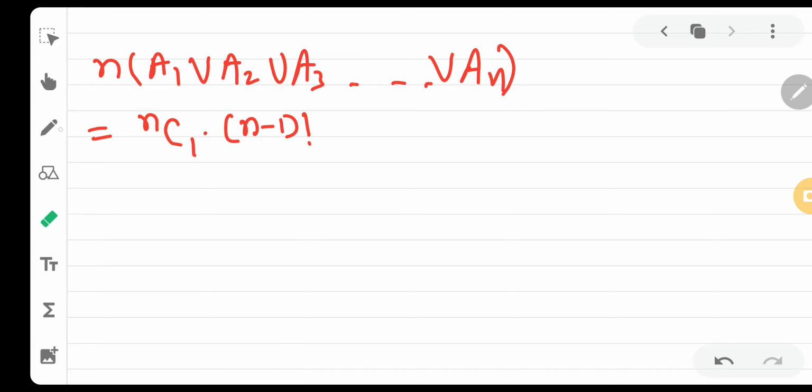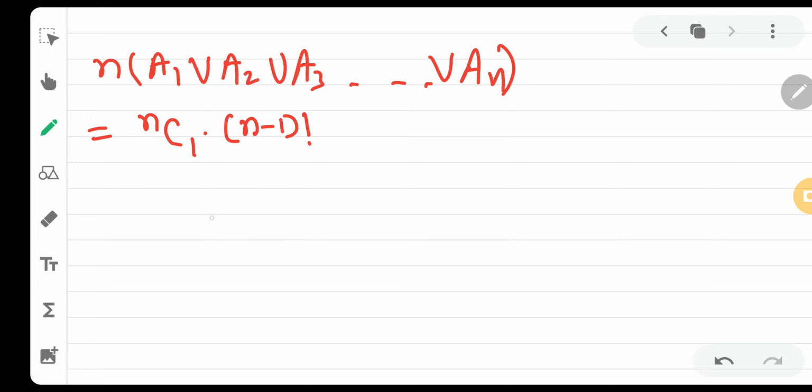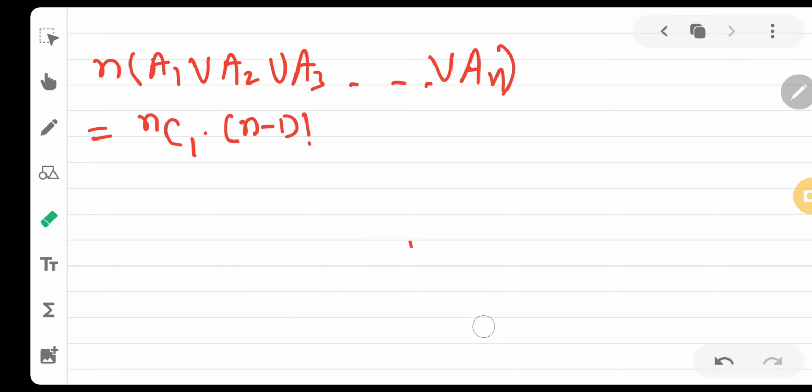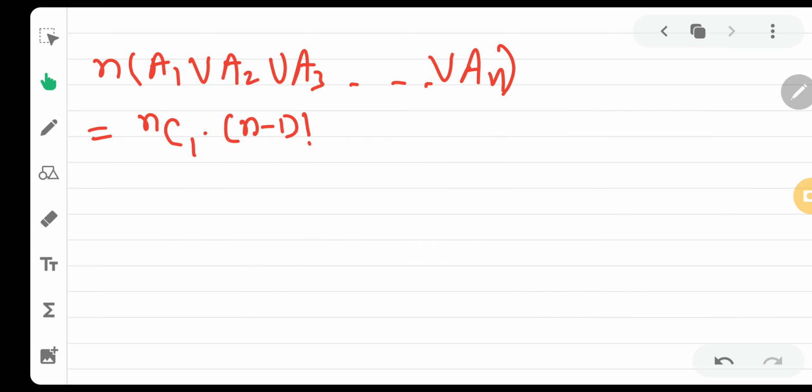I'll give you an example for this. If 1, 2, 3 is there, 1 is at its correct position. So 2 positions are remaining. Out of 3, 1 element got fixed and the remaining 2 can be arranged in 2 factorial ways, right? I'll give you one more example to make it more clear. Suppose there are 4 elements and 2 is fixed. So how many positions remaining? 3. So naturally 3 factorial possibilities, right? So for the first part of the sum, that is one element is at its correct position, so that one element gets fixed at the position. The remaining n minus 1 elements can be arranged in n minus 1 factorial ways.